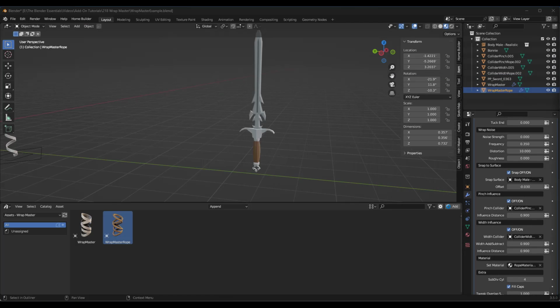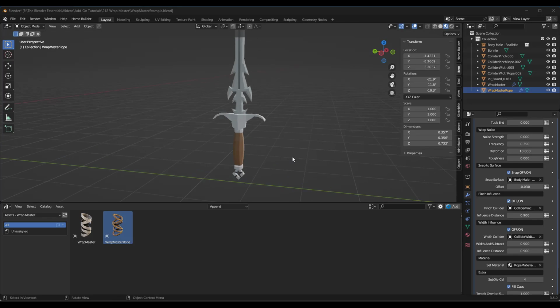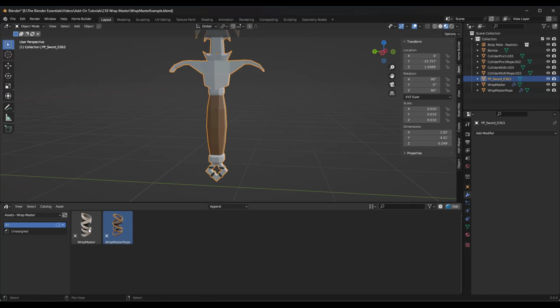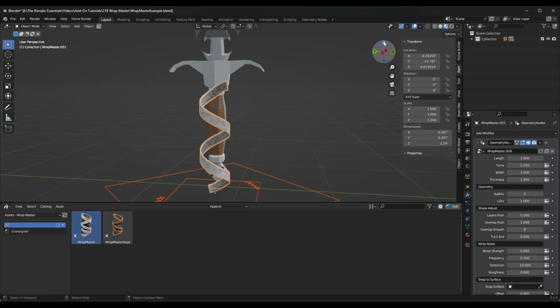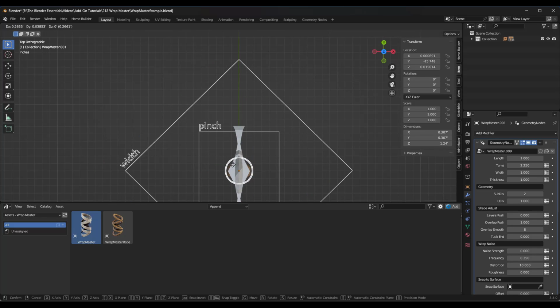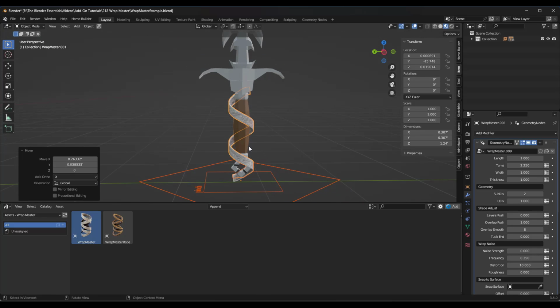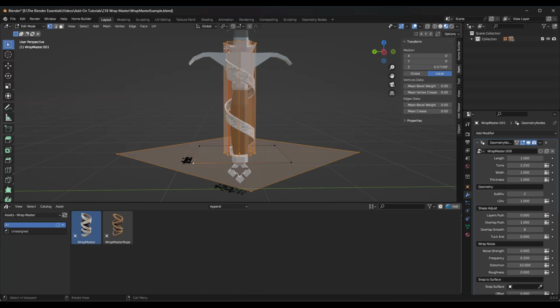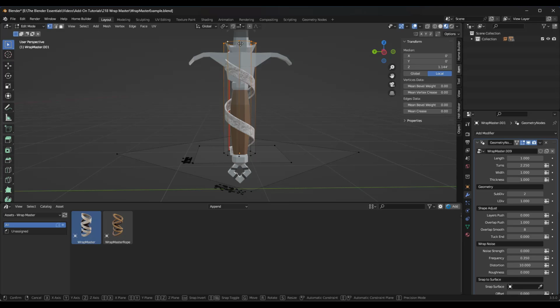And so basically what this is, and you can go download this and follow along if you decide that you want to do that. But basically, this is going to work the same way, and it's actually a lot easier with something like this because it's an object that's just straight up and down. But we can just go to a top-down view like this and just kind of align it. And then we're going to do the same thing where I'm just going to move it up, right? Tab into edit mode, and I'm just going to adjust